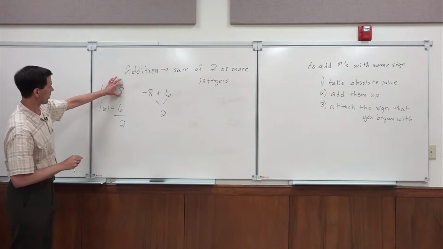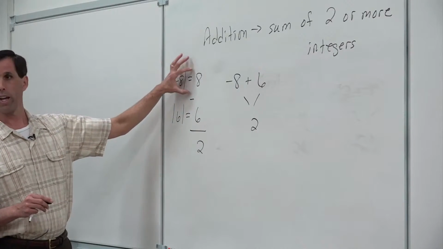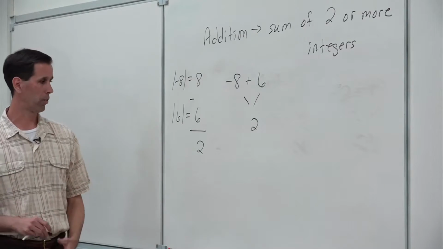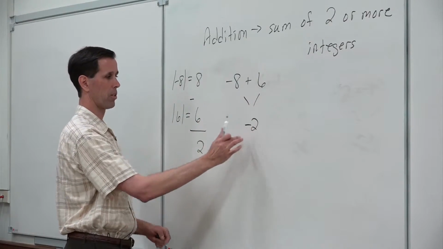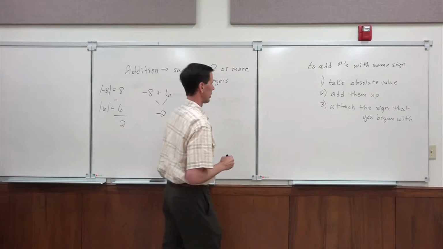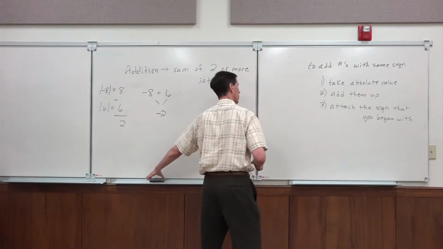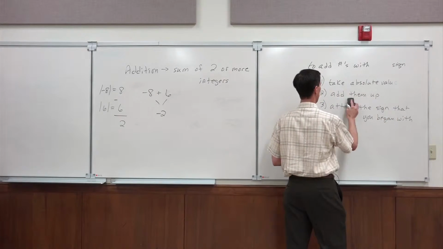-8's absolute value was 8. 6 only had an absolute value of 6. So we had more negatives at the beginning. The -8 had the greater absolute value, so therefore our answer must be negative. So if we're going to add -8 plus 6, we're going to get -2. All right? So again, when you're doing integers, when you're going to add numbers with different signs, or we'll call them opposite signs,